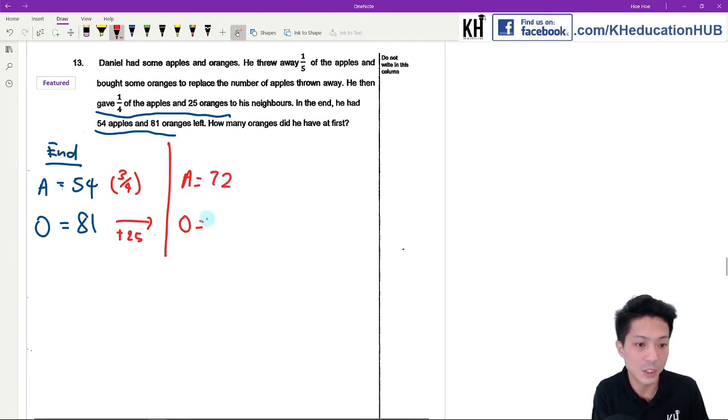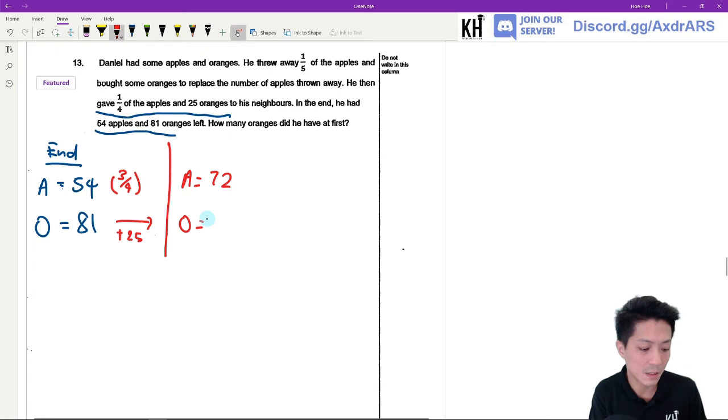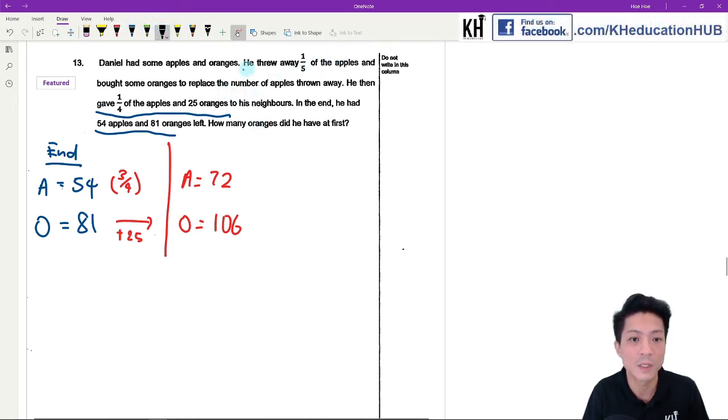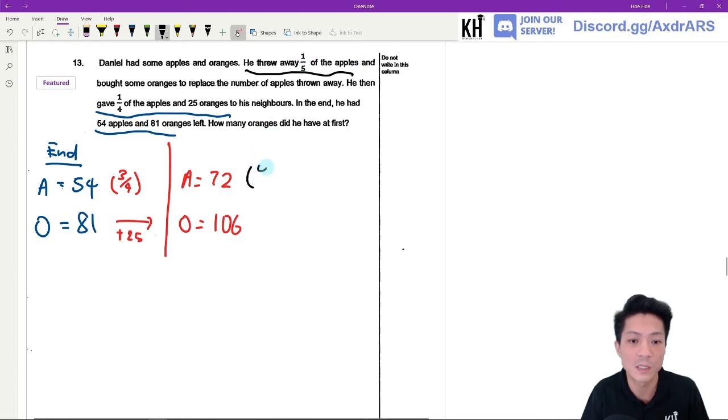Okay, for the oranges, it will be 81 plus 25. I'm gonna get 106. Okay, so in the next step, he threw away 1/5 of the apples and bought some oranges to replace the number of apples thrown away. Okay, so if he threw away 1/5 of the apples, that means this is basically